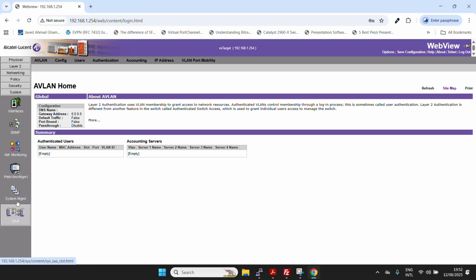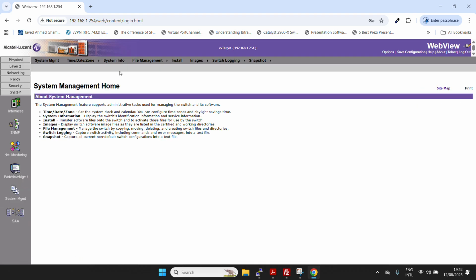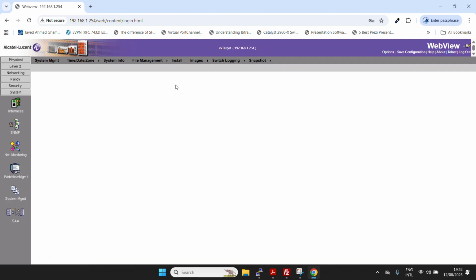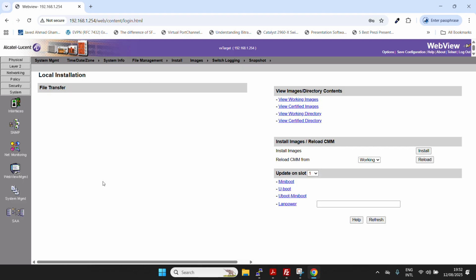In the system, there is system management. You can manage your system from here as well. You can set the time, install images. You can even upload or upgrade the operating system through WebView also. I don't personally recommend it, but you can do that as well. So in this area, you get the option to upgrade the operating system. You can use this file transfer directly from here, but I always recommend doing it using the CLI and